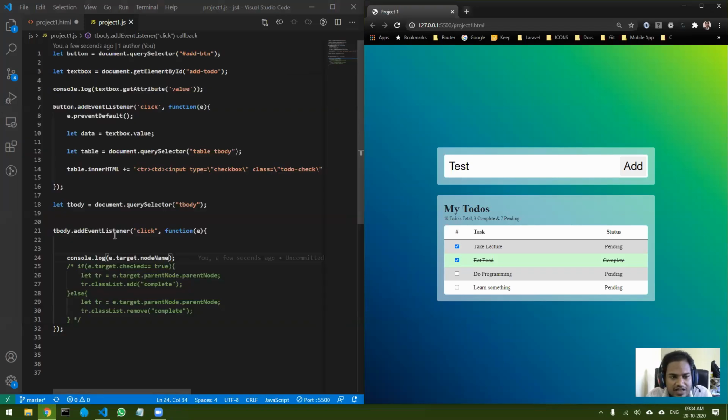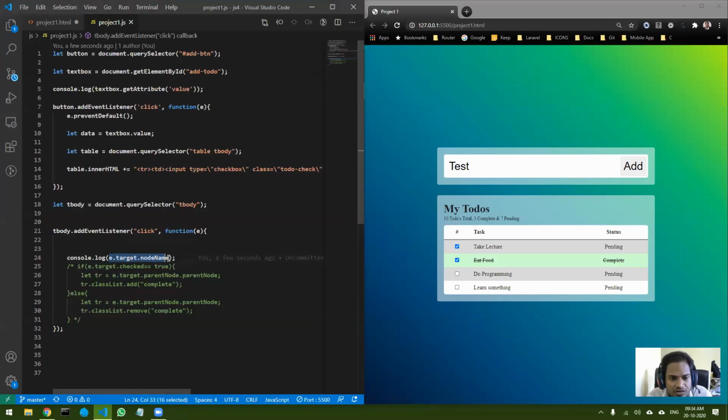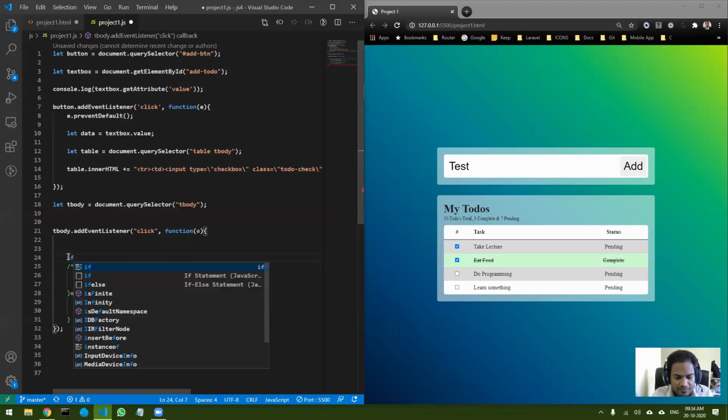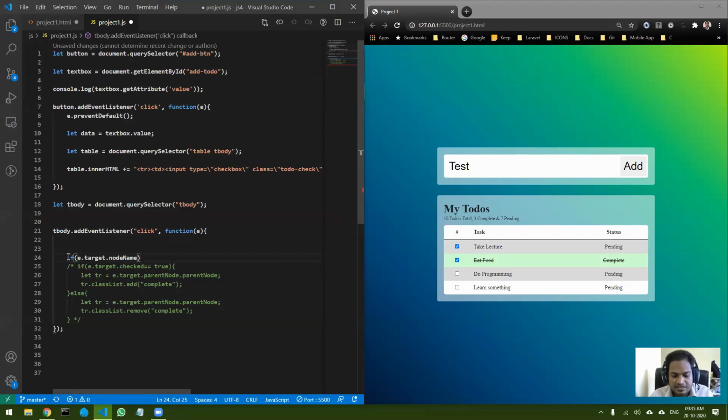So I can come over here, just copy this code, and instead of console.log, I will just do if this is equal to input. So I'm going to check if it is equal to input.